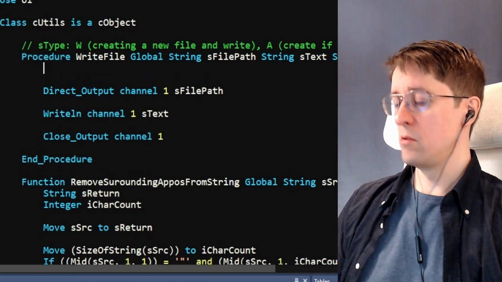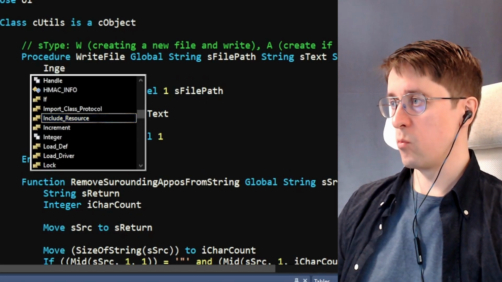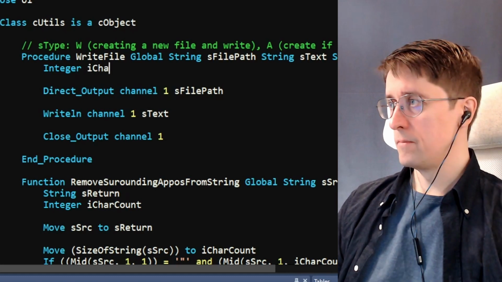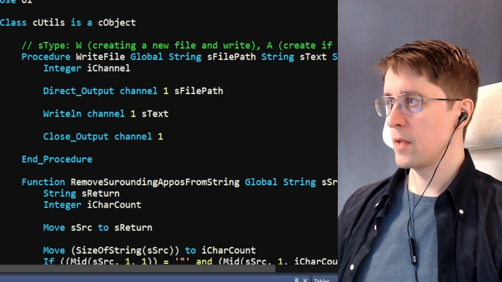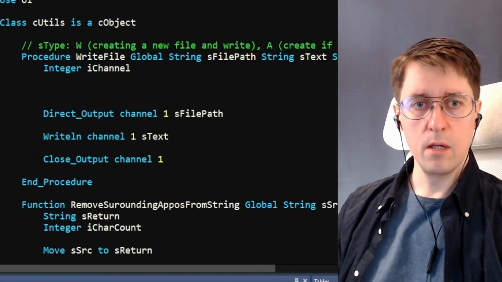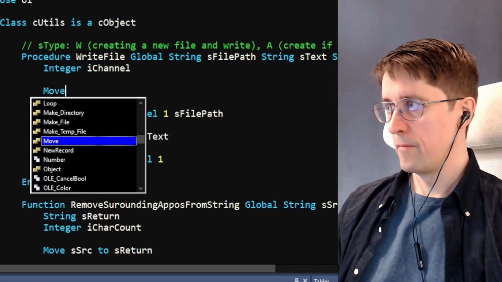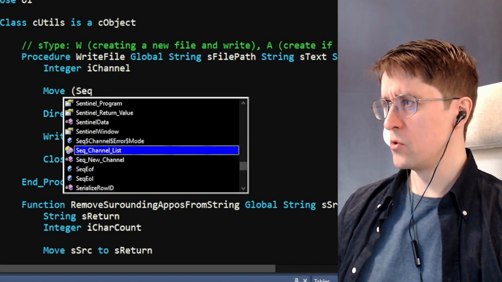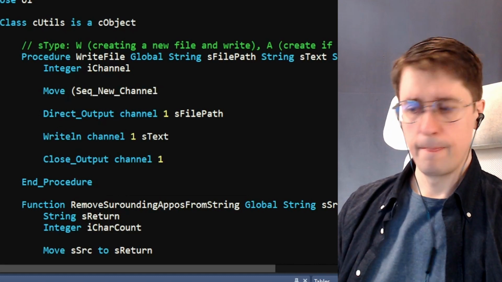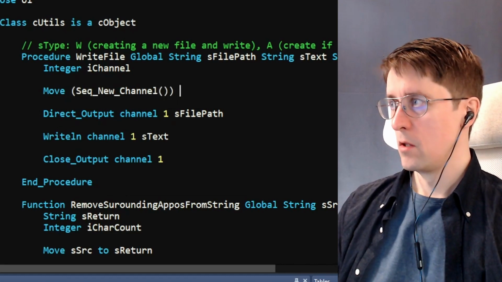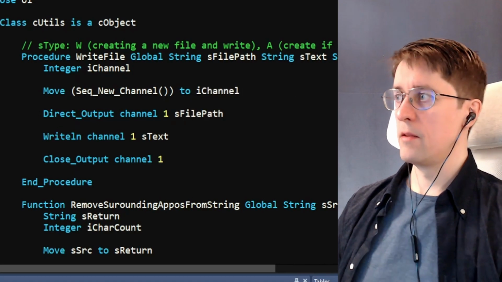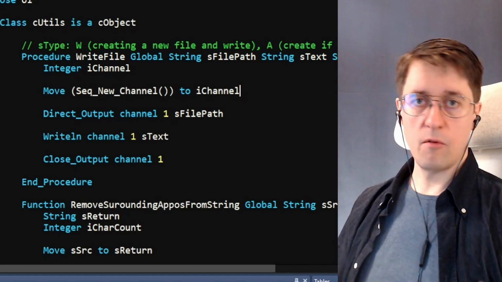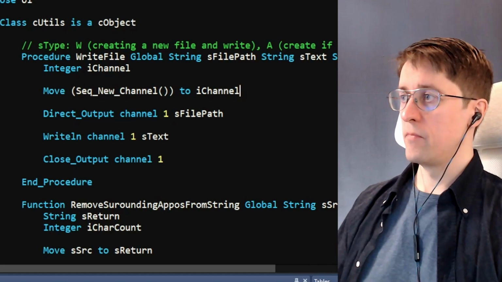So how we do that is create an integer iChannel, and then we move sequential new channel to iChannel. And that way Dataflex will create a channel for you, or find a channel for you that is available,